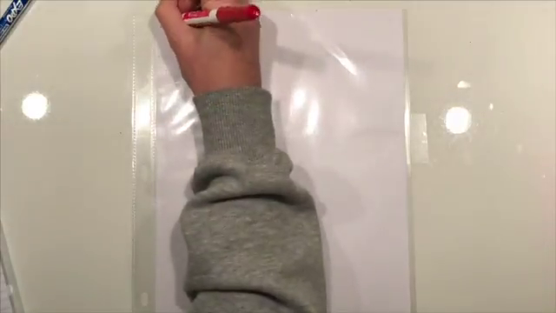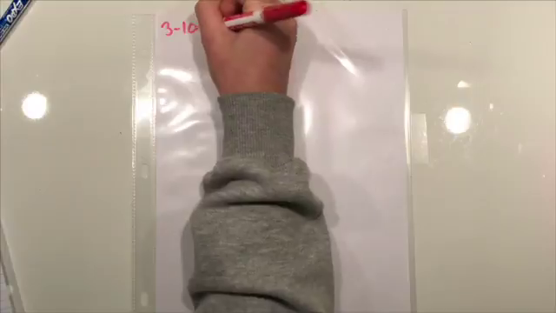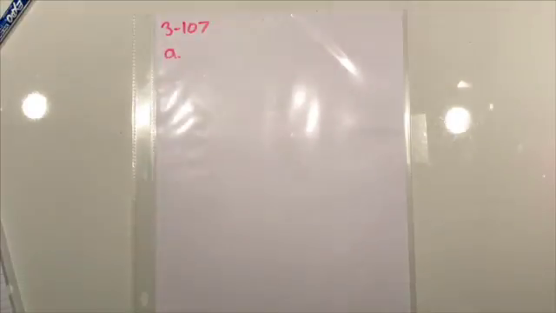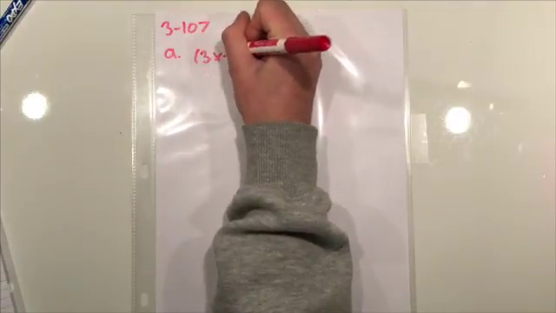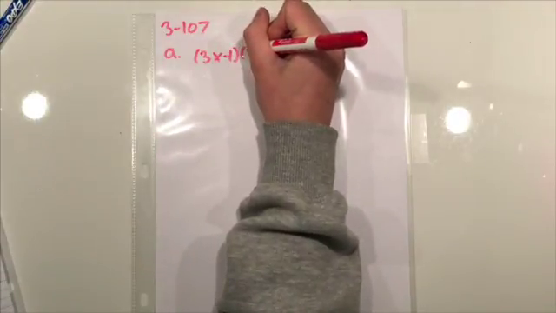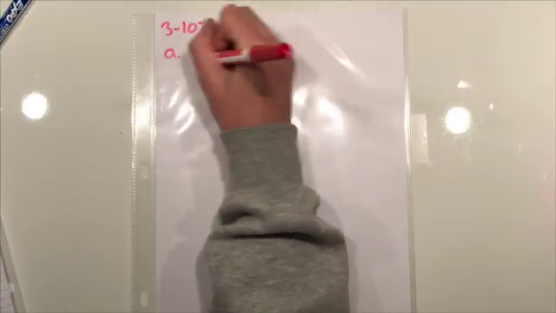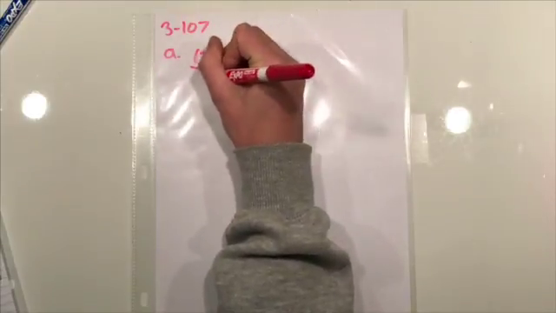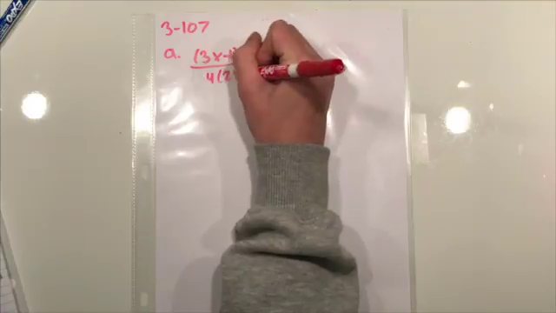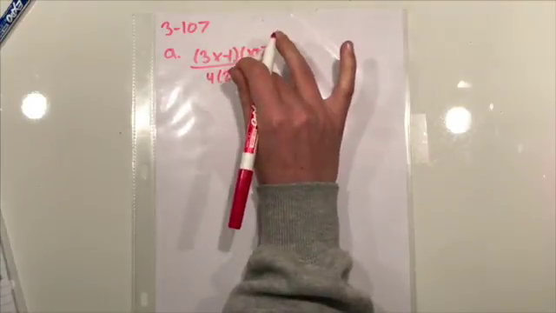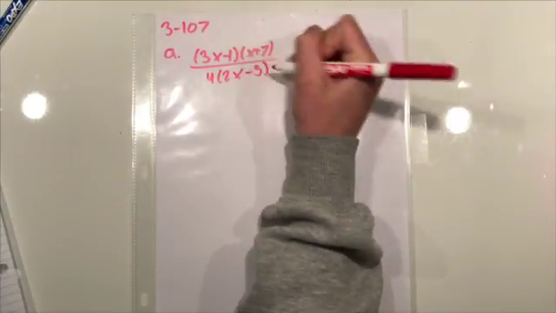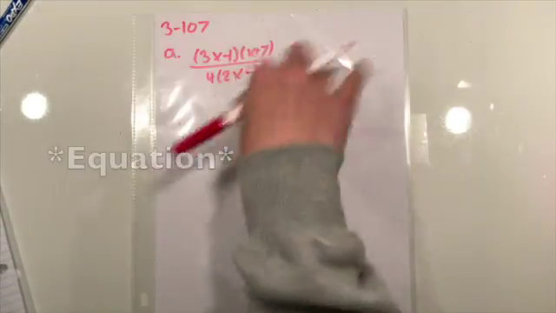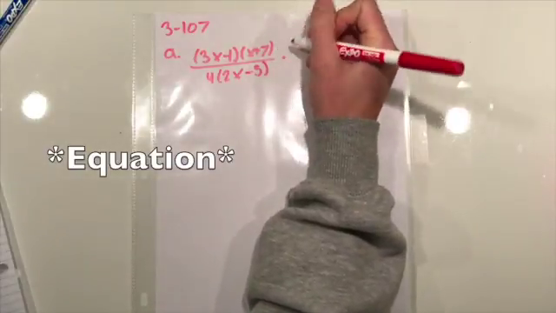We're going to start with problem 3107A. I'm going to write it out first, and it's going to look like (3x minus 1)(x plus 7) over 4 times (2x... oh wait, sorry, it's a minus, 2x minus 5). And this whole thing is multiplied by 10